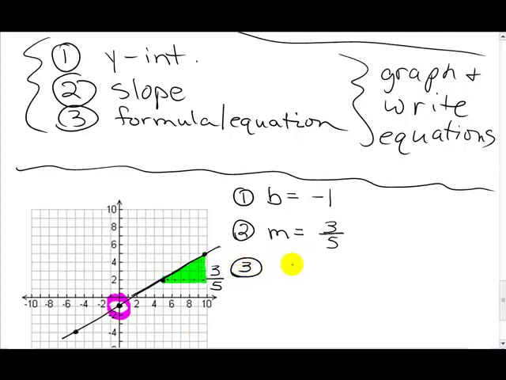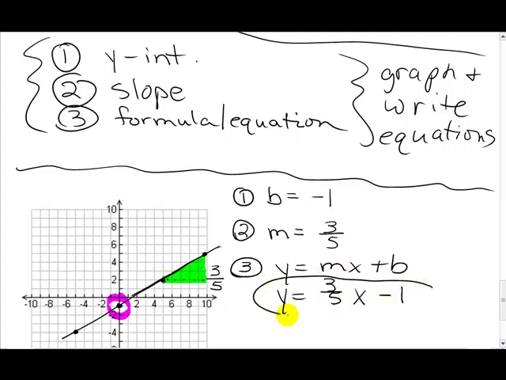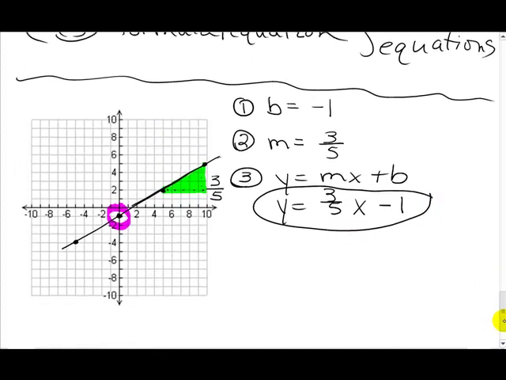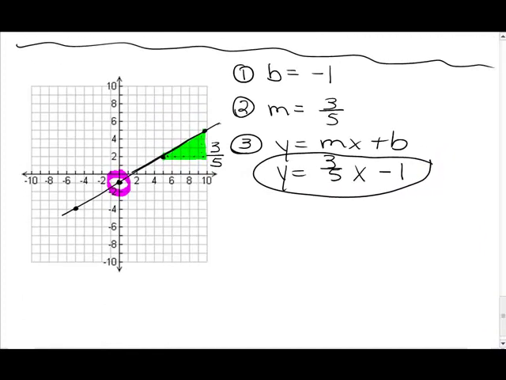Thing 3, I need y equals mx plus b. Y equals 3/5 x minus 1. So whether they give it to me as b and m, or if I have to use the graph and find my m and find my b,